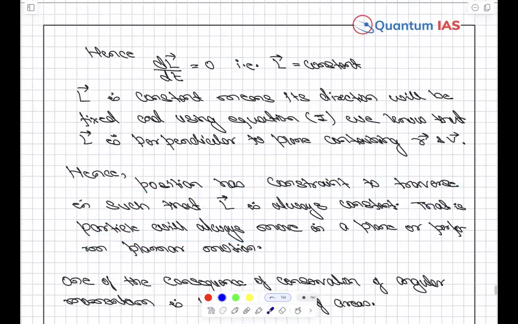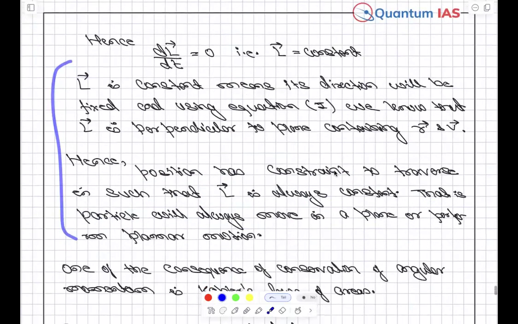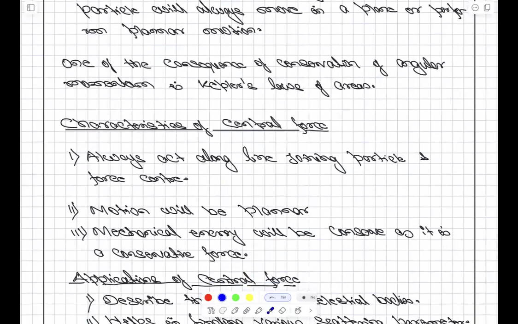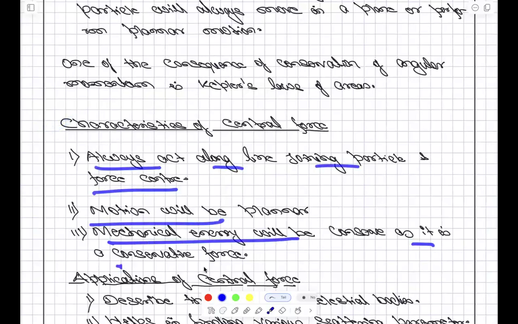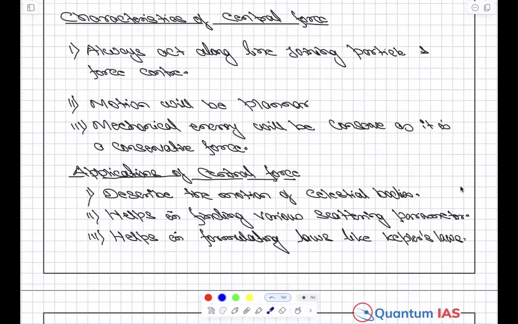ठीक है? टाइम था तो इतना लंबा लिखा, टाइम नहीं होता तो एक टाइम लिख देते हैं। One of the consequences of conservation of angular momentum, we have just seen Kepler's laws of areas. टाइम है, स्पेस है, लिख भर लेंगे। फिर और भी टाइम है, और भी स्पेस है, और भी दें। कैरेक्टरिस्टिक ऑफ सेंट्रल फोर्स, व्हाट इज कैरेक्टरिस्टिक? ऑलवेज एक्ट अलोंग लाइन जॉइनिंग पार्टिकल एंड फोर्स, मोशन इज प्लेनर, मैकेनिकल एनर्जी इज कंजर्व। व्हाई? बिकॉज़ इट्स अ कंजर्वेटिव फोर्स।